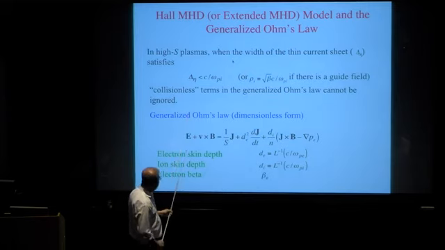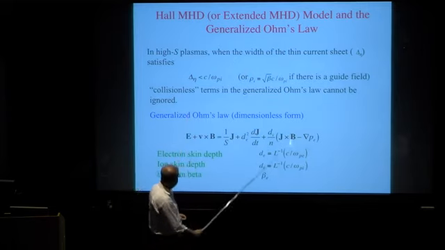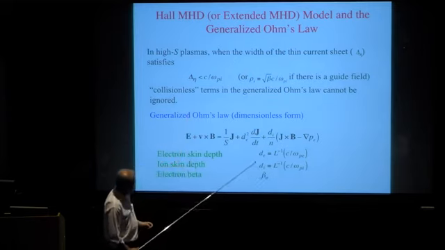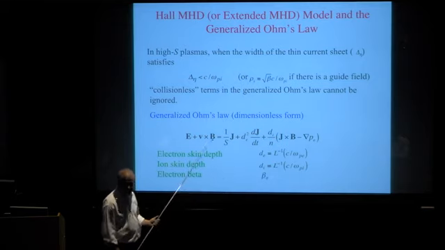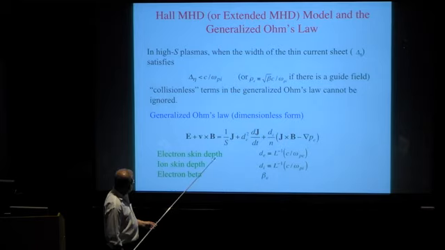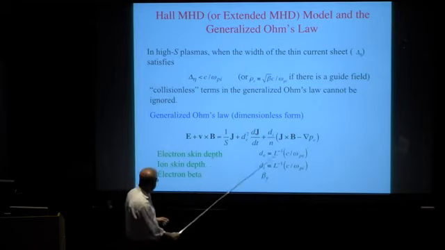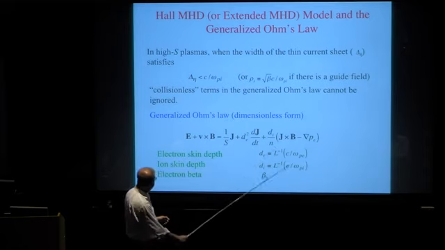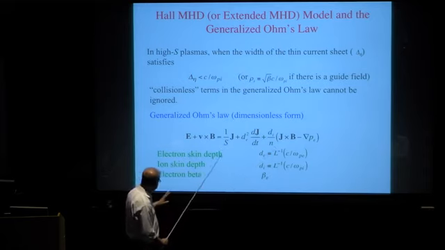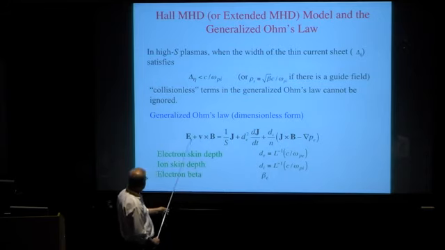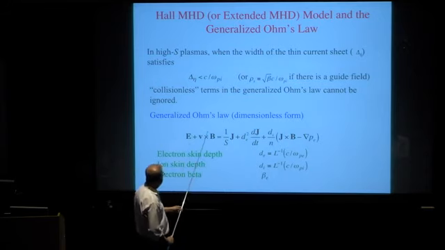a simple form of it would be this, where I've thrown away the resistivity term. I've assumed that the pressure tensor is actually a scalar, and I've thrown away the electron inertia terms, excuse me, and I'm talking to you about Hall MHD, which is actually, sorry, I misspoke. I misspoke on a number of fronts. Let me correct myself again.